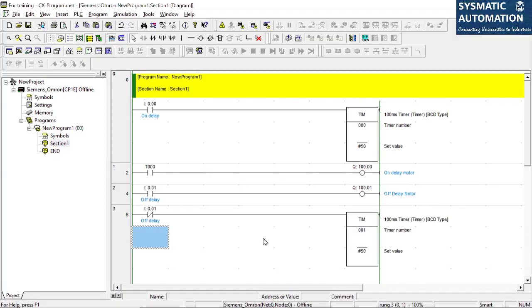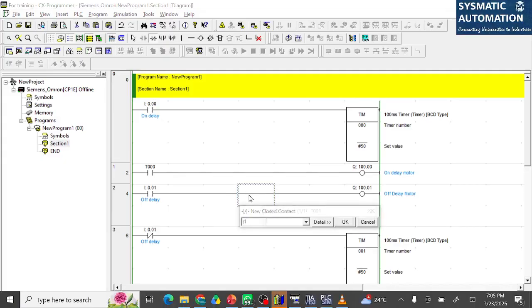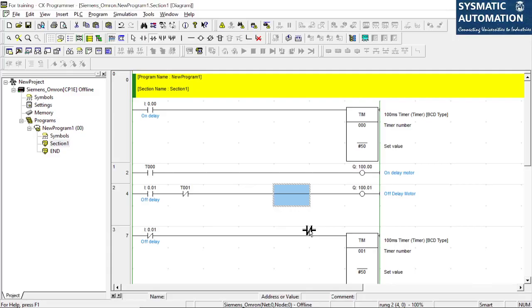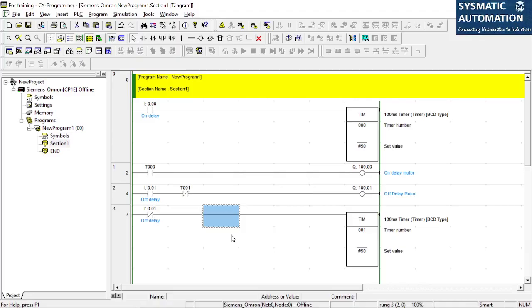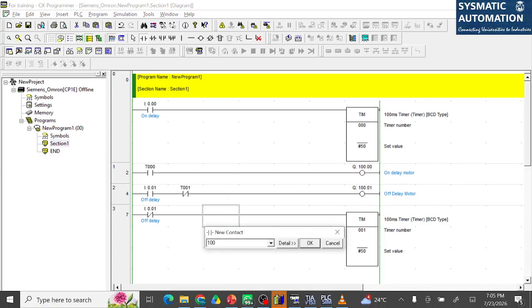Now we have to put some interlocks here. How to put the interlock? What I should be doing? This output should go off after this timing is done. For that, I have to put an NC contact of timer 1. Right? So NC contact of this timer, and in this one I have to put NO contact of this output, 100.01,